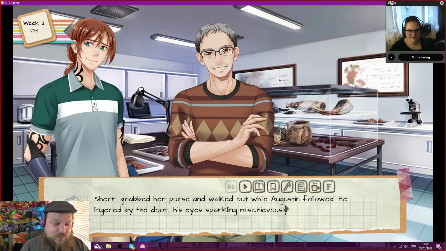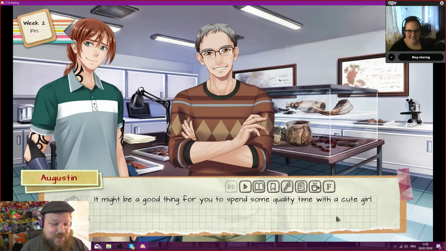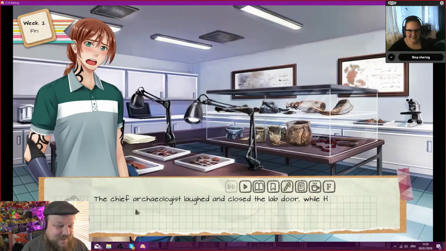Sherry grabbed her purse and walked out while Augustine followed. He lingered by the door, his eyes sparkling mischievously. What's he getting up to? It might be a good thing for you to spend some quality time with a cute girl. That's not good lab practice. No. Totally inappropriate, Augustine. Indeed. Nonkel, you know me. The chief archaeologist left and closed the lab door while Hendrik...